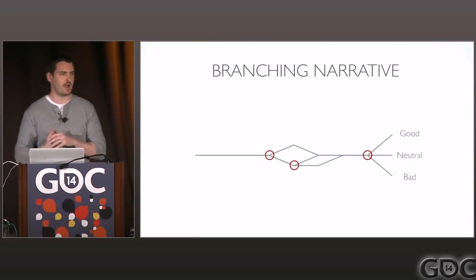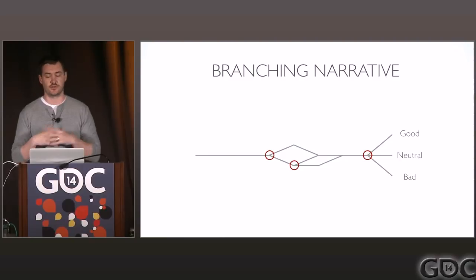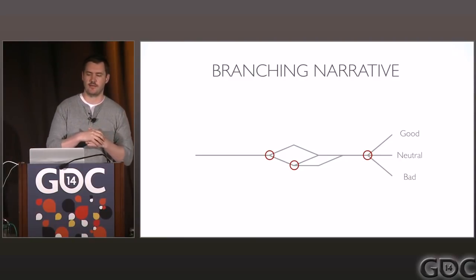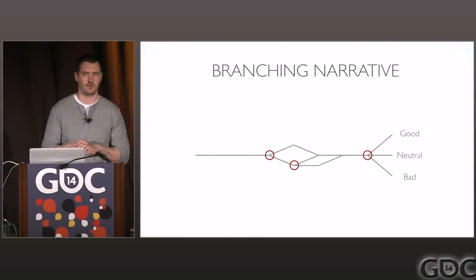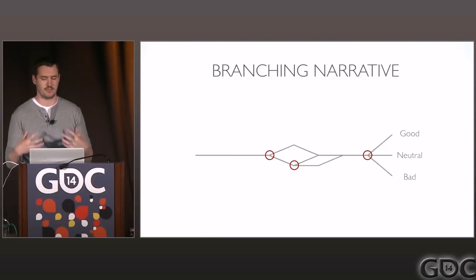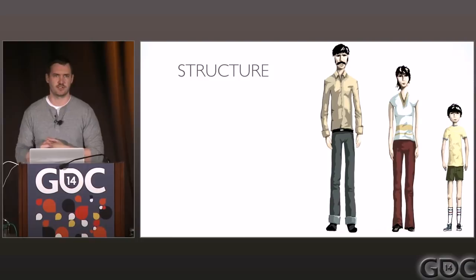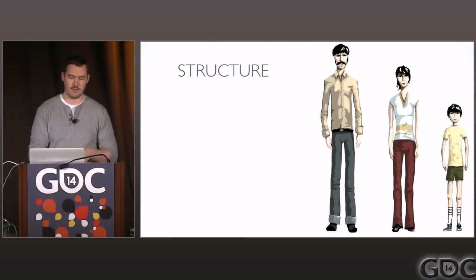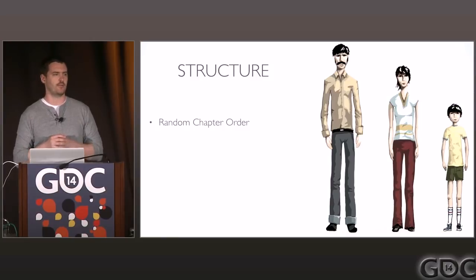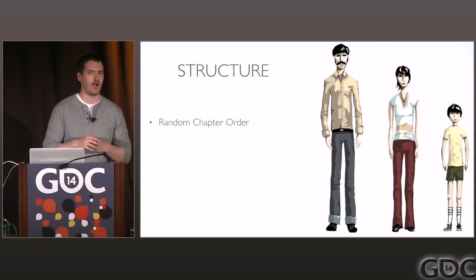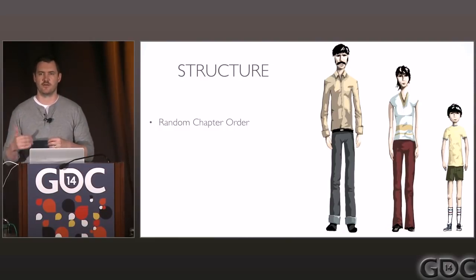So instead of writing a story, and even a story with a bunch of choices, I instead wanted to create narrative systems from which a player-driven story would emerge. So actually a systems-based narrative. So I made a bunch of structural decisions to try to make this happen. And the first and maybe most important one is that the chapters in the game come in a random order on each playthrough. So I actually sort of burned the boats and literally prevented myself from being able to author